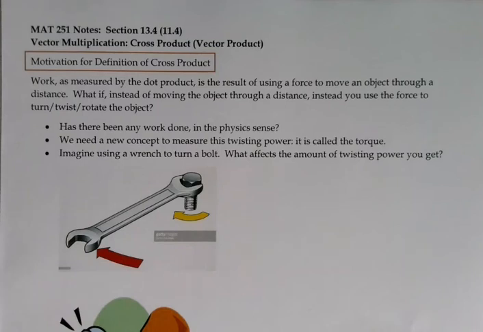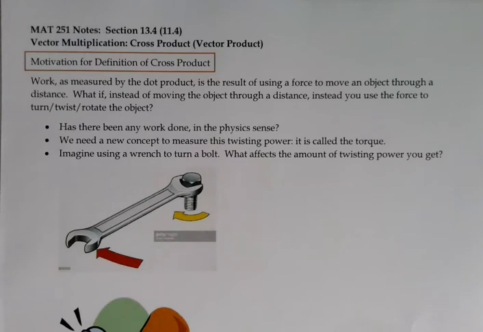This is Math 251, section 11.4. We've been talking about one way to multiply two vectors, namely the dot product or scalar product. And in this section, we're going to be looking at the vector product, also called the cross product. So we're still multiplying two vectors, but as you're going to see, this time we're going to get a vector